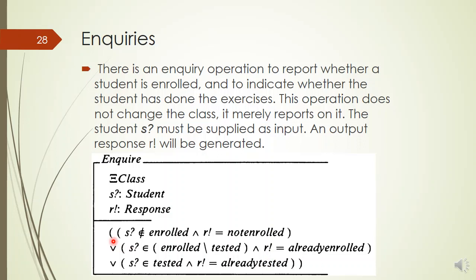And as I mentioned earlier, this operation schema is a merger of three schemas. You can split this operation schema into three different schemas. So you should do it on your own, and you should write three schemas, and all these three schemas would be with the Xi decoration, because this operation would not change the state of the system and just reads the value of the system state variable.